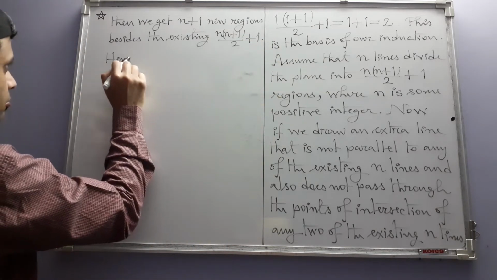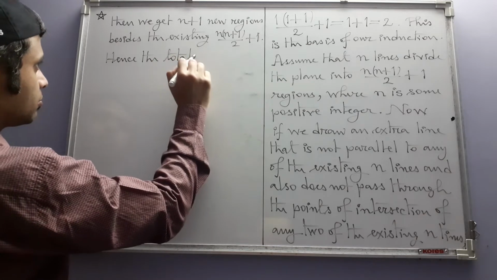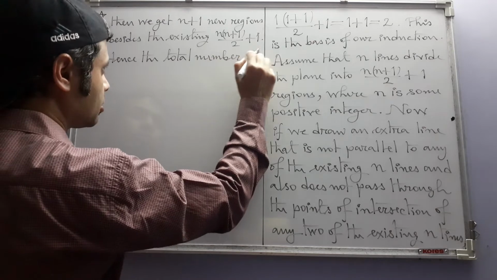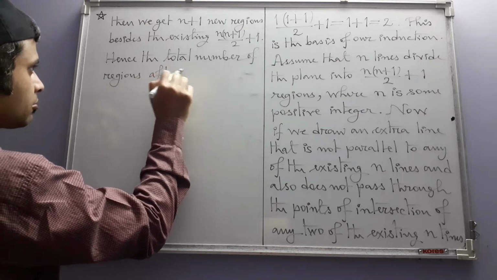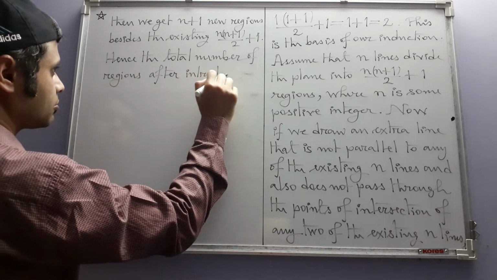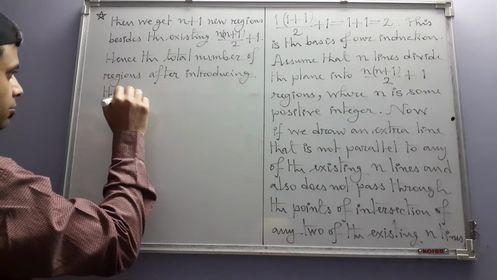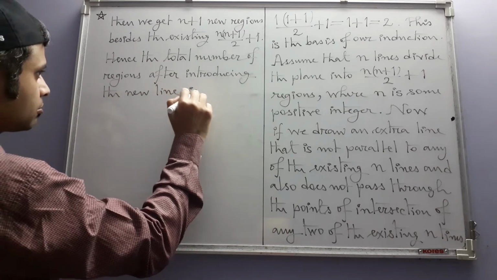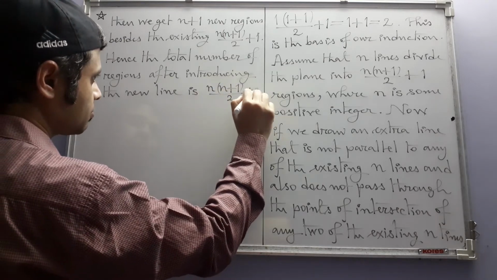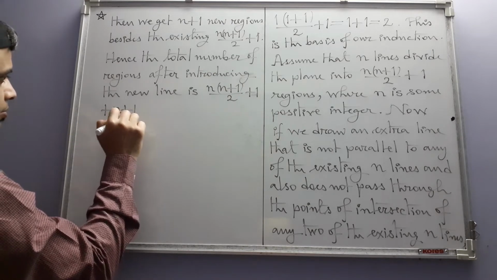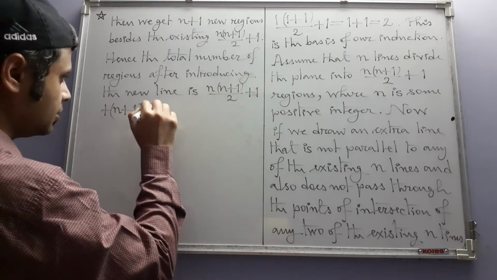Hence, the total number of regions after introducing the new line is n times n plus 1 divided by 2 plus 1 plus n plus 1, and if we add these two things together we get